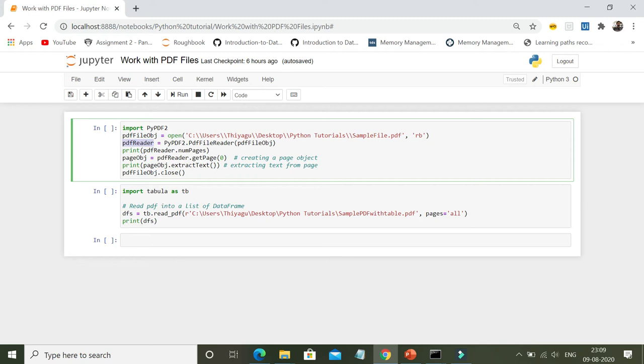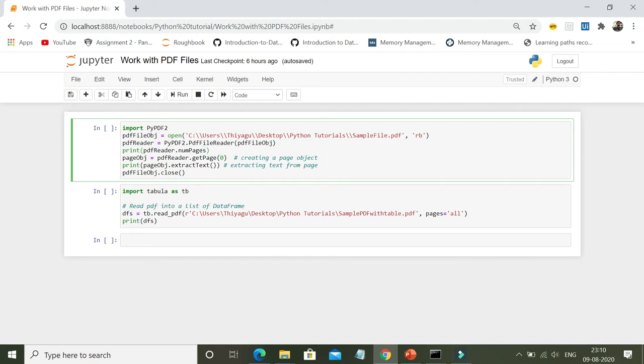Then I just want to print how many pages I have in my PDF file, so I'm using the .num pages attribute to print the number of pages.